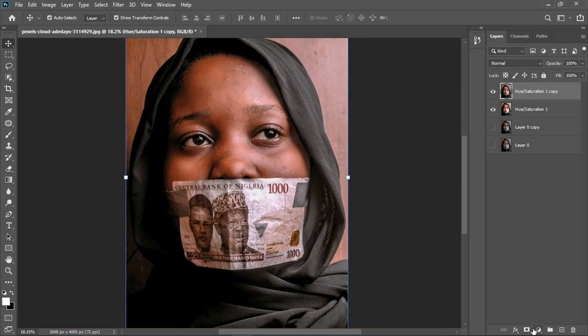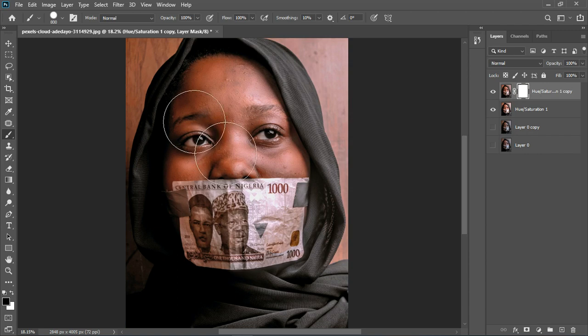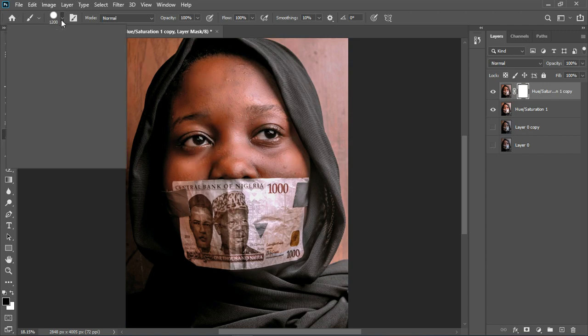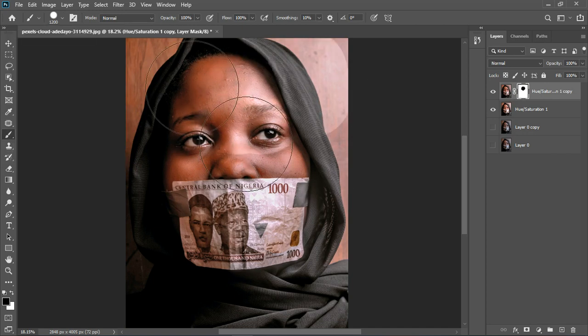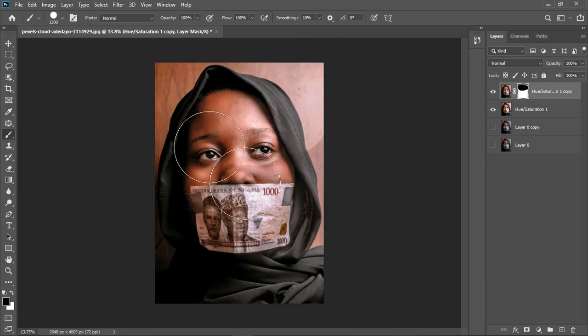So create a mask, invert the mask, Ctrl I, or let's not invert the mask, let's just grab the brush tool and I'm going to make it bigger. So let's make the hardness 100% and let's erase it. I'm going to zoom out and I'm just going to